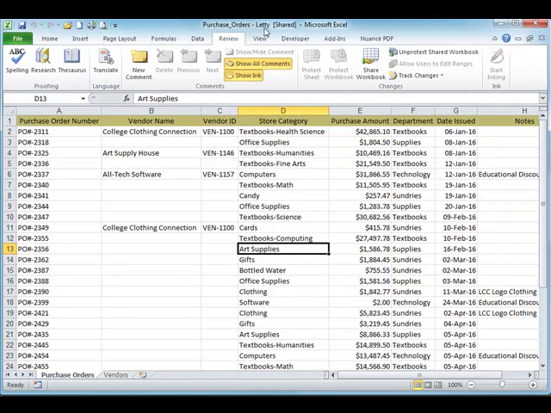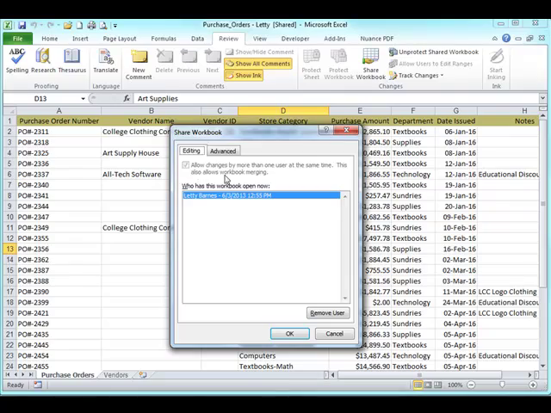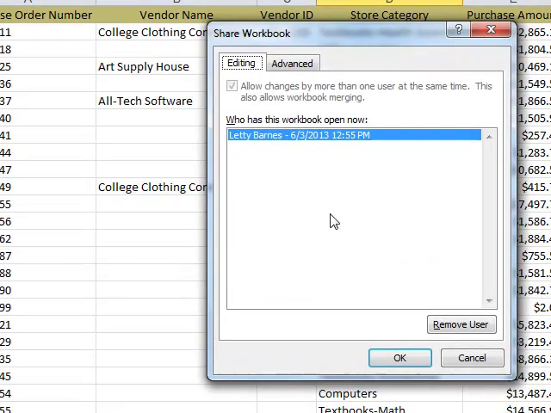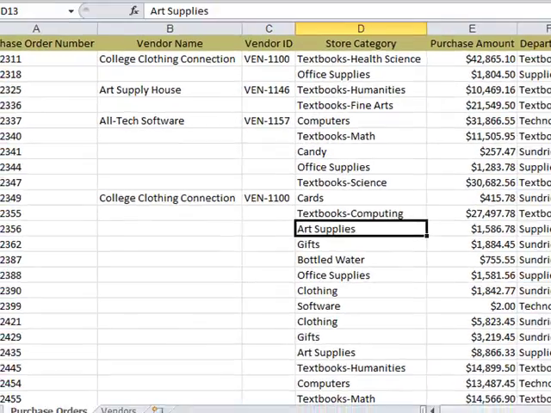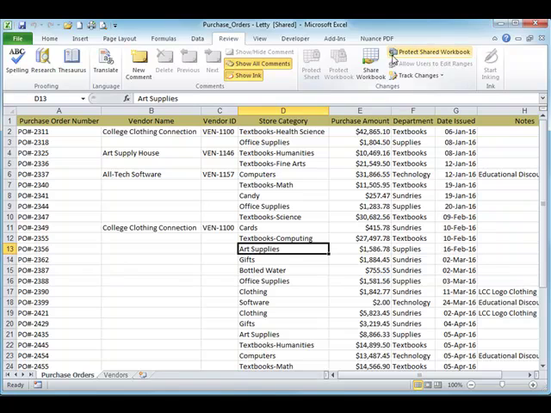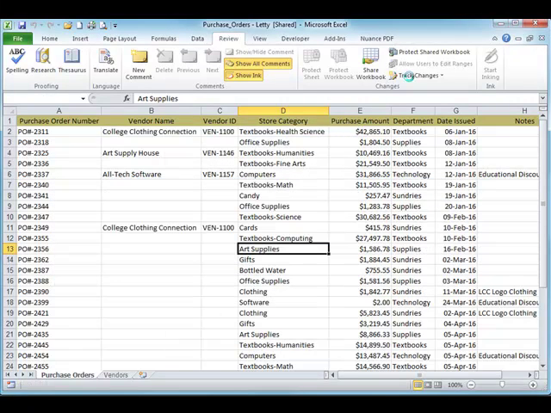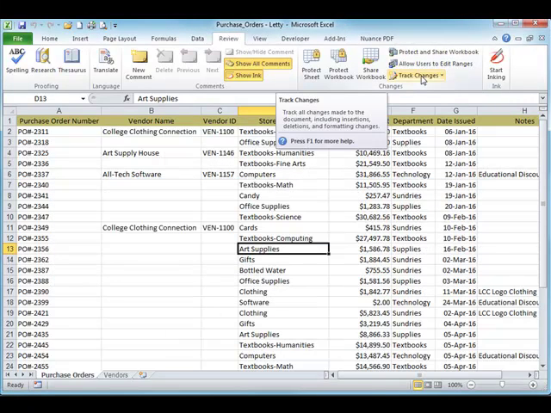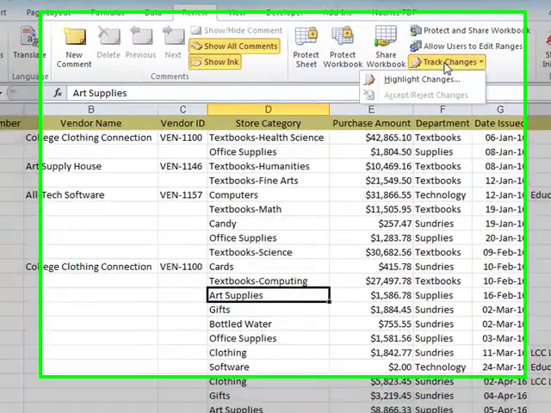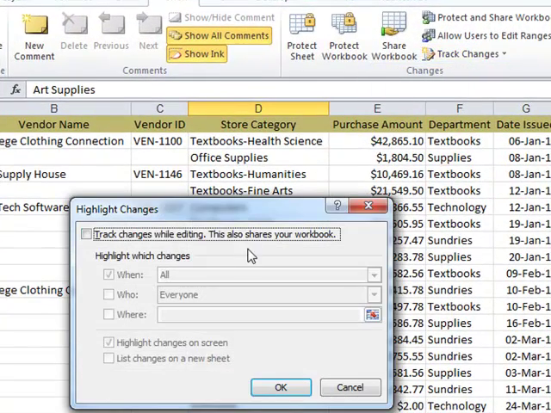And then notice again, I have a shared document. So I'm going to unshare it. Notice that if I unshare it this way, it's not going to allow me to just take that check mark. So I will click on this again, and now it's unshared, or it'll allow me to unshare it. There we go. Okay, now finally, you can also share a document by clicking on Track Changes, Highlight Changes, and